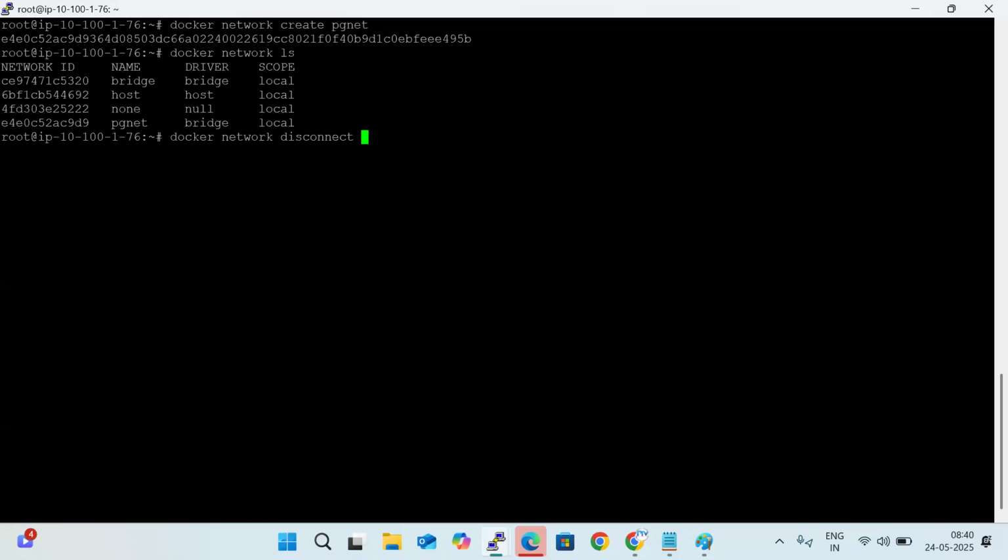Sorry, docker network disconnect bridge test container. So from the bridge network, I'm disconnecting the test container. Okay, and as well as test container 2. So both the containers are disconnected from the bridge network adapter, which means that they will not automatically connect to